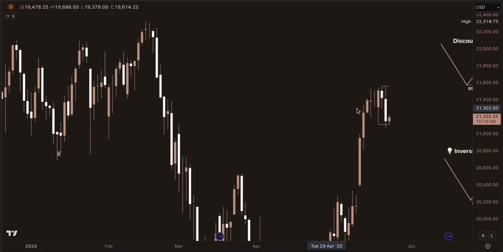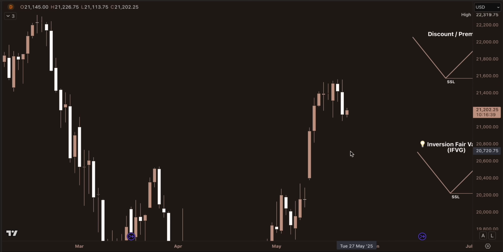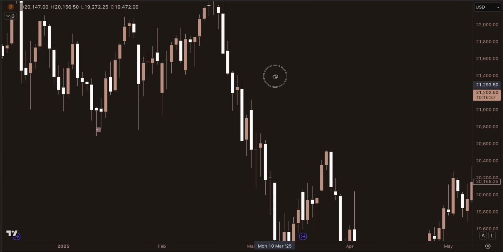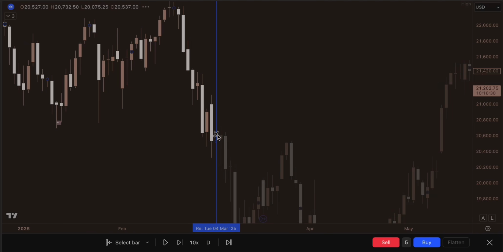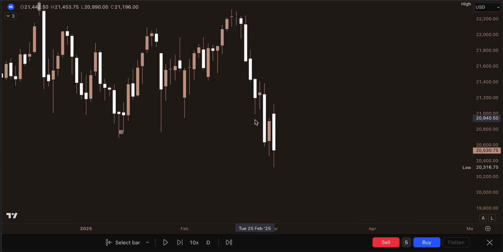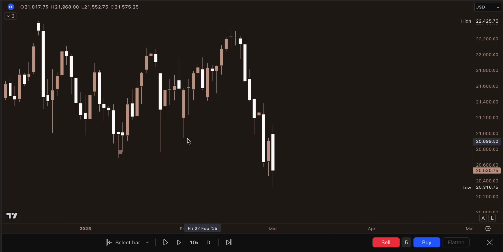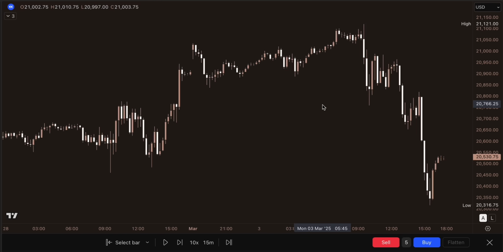Let's find an easy setup for the day. Okay. We'll use, let's use this candle right here. As you can see, we filled in a fair value gap on the daily time frame. So we're going to expect lower prices. So how can we do that? We'll enter on the 15-minute. Now on the 15-minute,